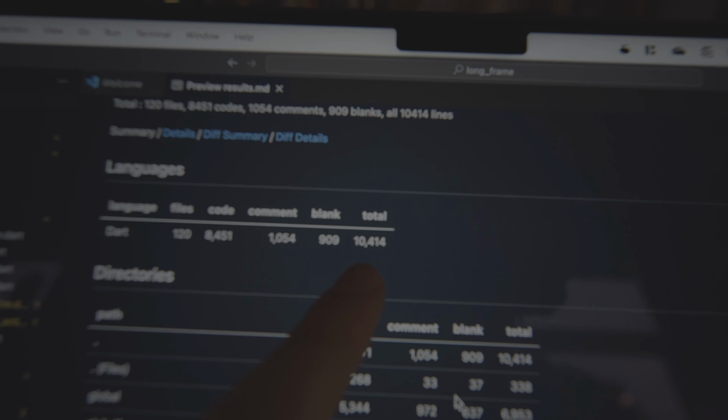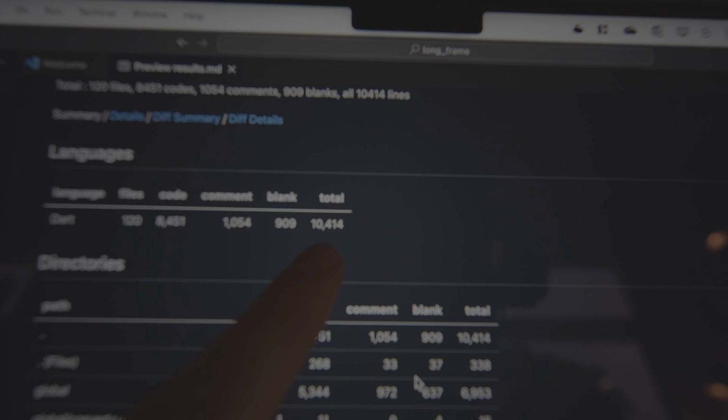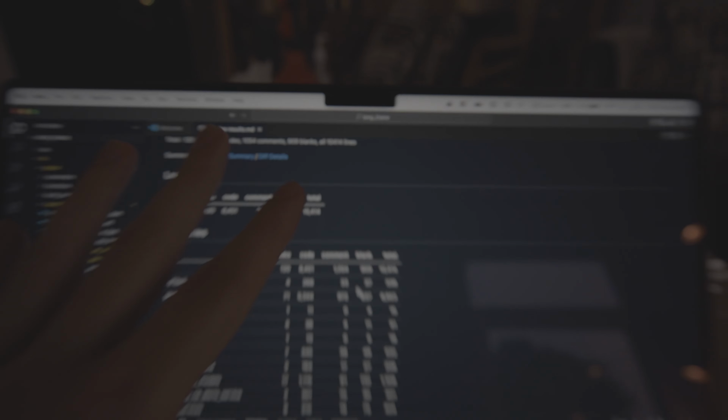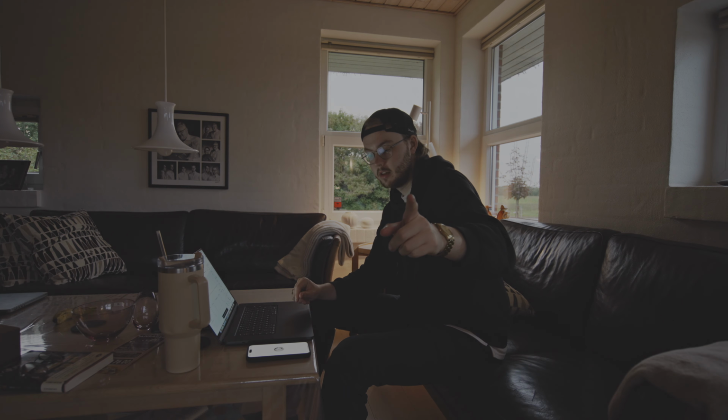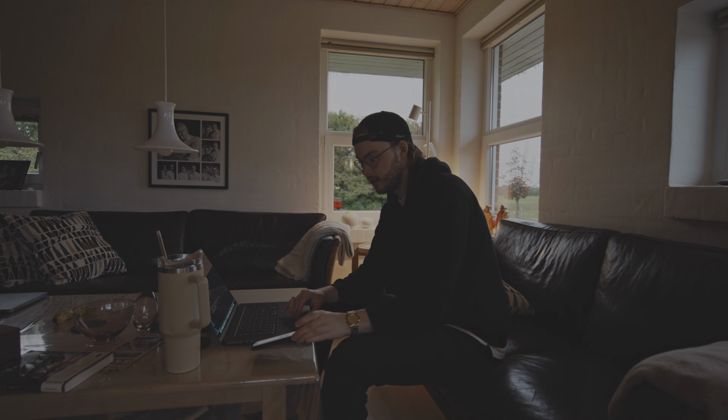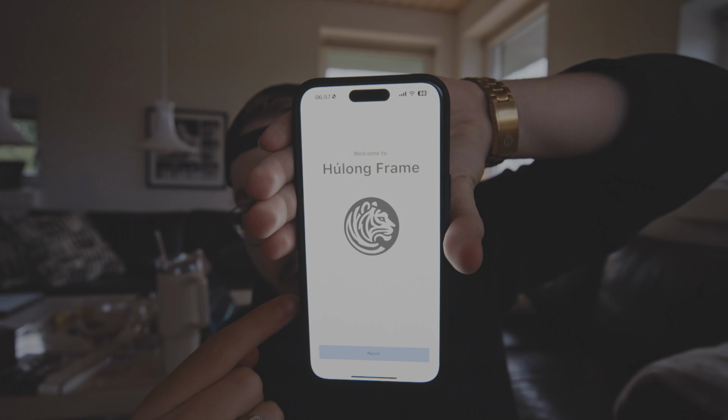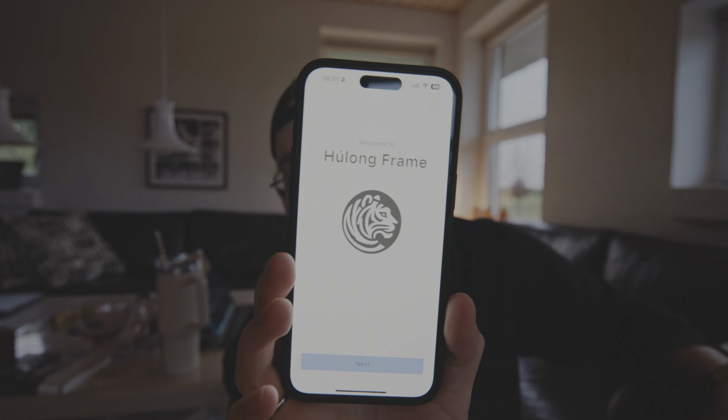So as you can see right here, I'm already 10,000 lines of code in. That is a massive start for me. I need to configure this. Actually, the subscription service is not completely done yet. I think that's probably the one thing that I'm the most worried about. No reason to panic. Let's go. See, and this right here is why you have a framework. Welcome to the framework. It is now not even 7 o'clock and we already have a running app.